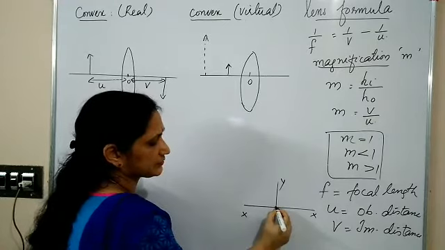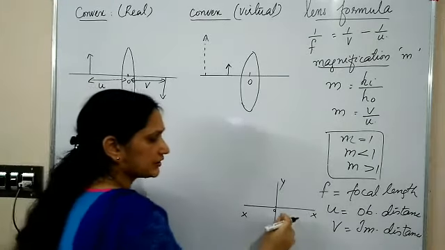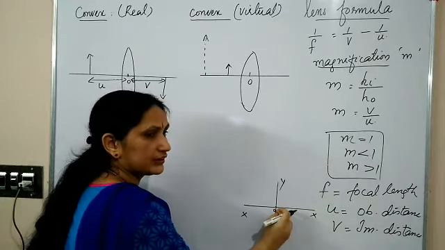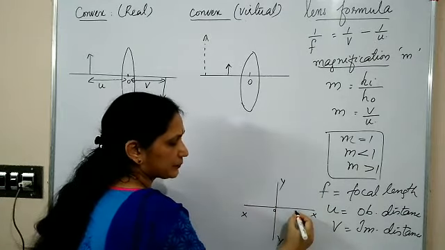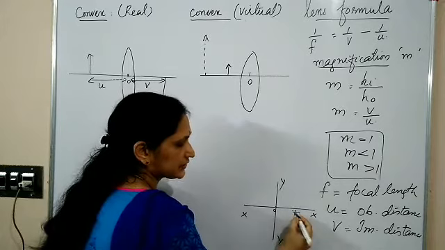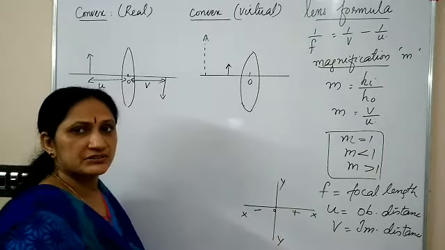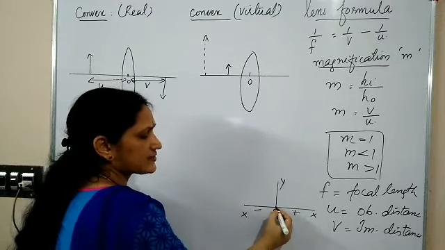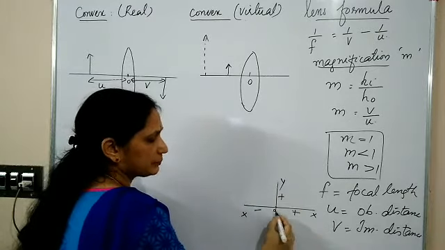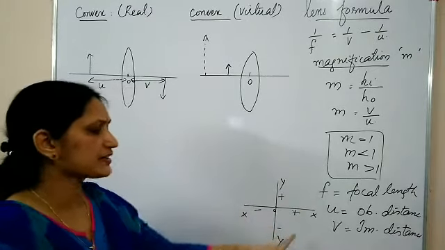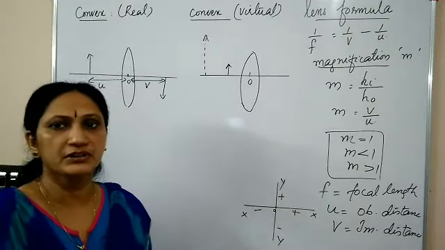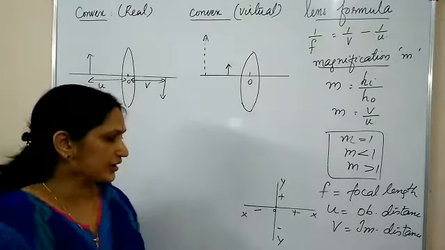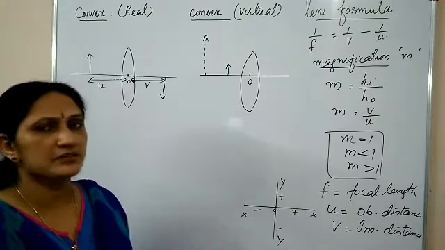On the x-axis, the values on the right side of the origin are positive numbers, and here negative numbers. You are familiar with this. On the y-axis, all the readings above the origin are positive, below the origin are negative. These are the sign conventions for the coordinates on different axes of the Cartesian system. The same system we follow.